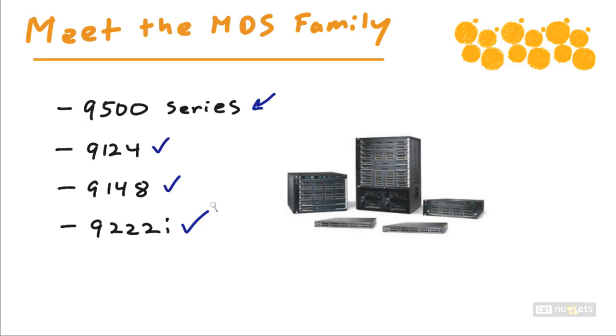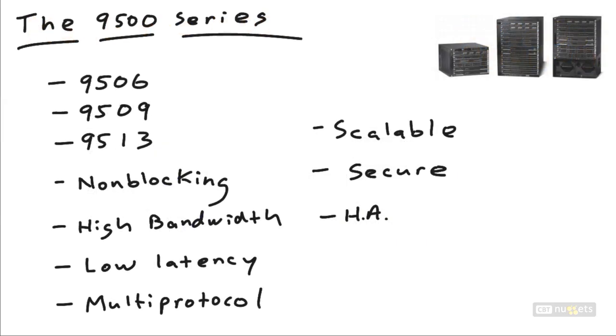as licensing concerns. Now, the modular depicted up at the top right, by the way, 9500 series are the 9506, the 9509, and the 9513. Understand that port densities with these devices will run from 192 fiber channel ports on the 9506, the 9509 336,